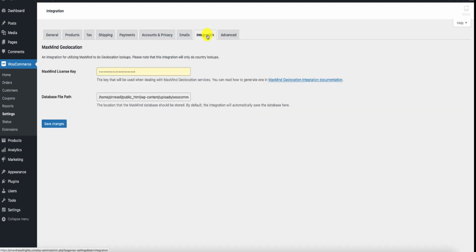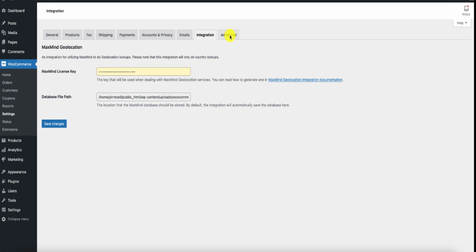The integration. Now, the integration, all this is here, you will have a license key, but this is only if you want to set up the MaxMind geo location services. You can click here to read more details, and the settings are in general settings. Basically, it is to do with the geographical location of where you're at in all your settings. So again, just click in there if you want to do it, but I'm just going to be leaving it